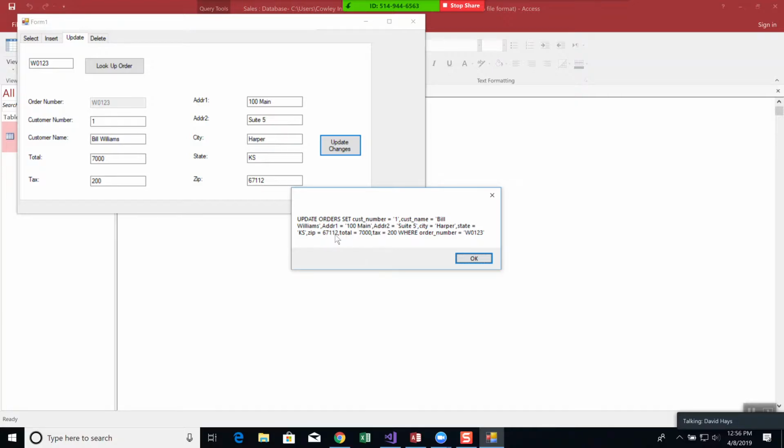Zip, no quotes around it. That looks good. Total 7,000. Tax is 200. Where order number is equal to, in quotes around, W0123. So everything looks perfect. If I click OK here,